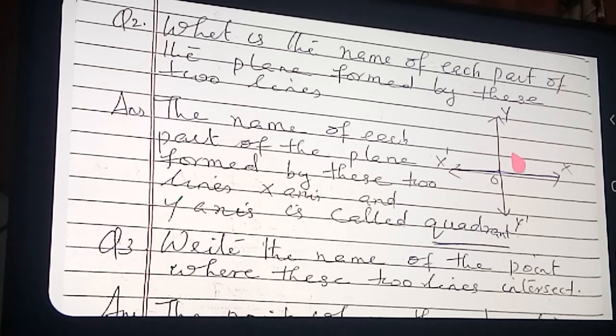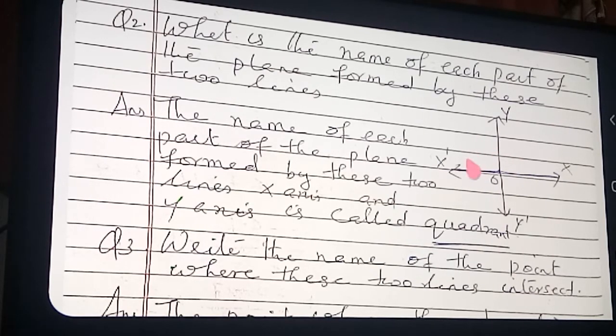Okay, you also try to remember the points. So try to call out the names. This is the first quadrant, this is the second quadrant, this is the third quadrant and the fourth quadrant. In this chapter, a point is given and you find its coordinates and find in which quadrant the point lies. That type of questions only in this chapter. There are no hard questions.